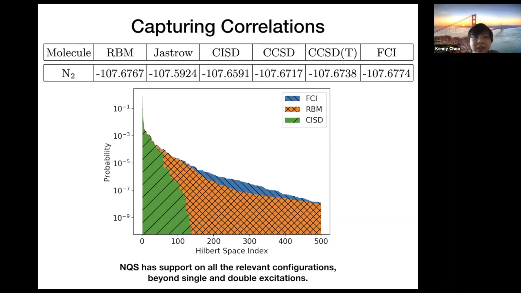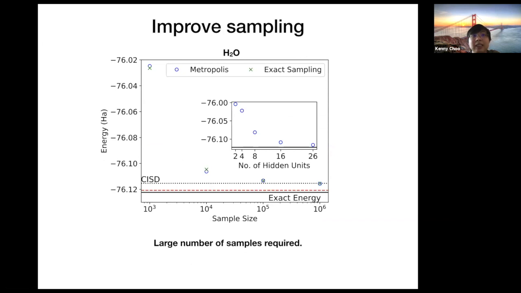Okay, so next I'll look at some of the problems that we encountered during our simulations. When we tried to scale up to much larger basis sets, we found that there's a significant drop in performance, and the performance is strongly related to the number of samples that we use in Monte Carlo. This is quite a big problem, because the number of samples that we require to reach a high accuracy increases very much with the system size. And this will present a very big computational cost if we want to move further.